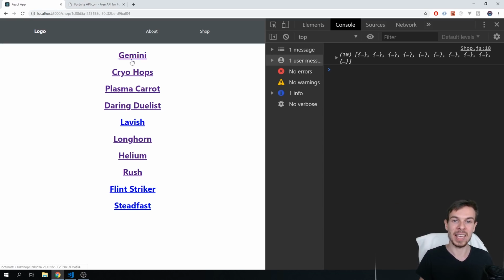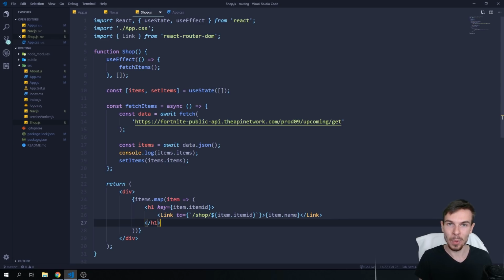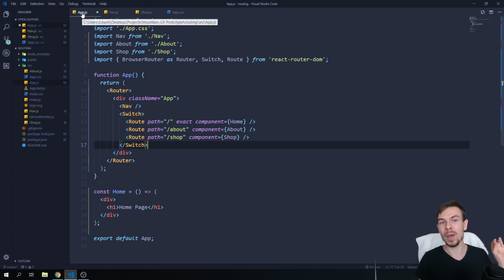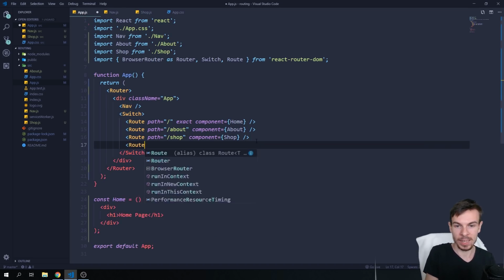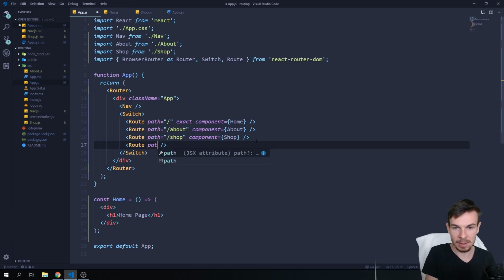So how can we do that? It takes us to a different page or component when we click on this. Now this works here in the URL, but nothing else. So the way we can do that, if we don't know the specific data that we're going to get, is we can go to Route, create another route, and take it to the path slash shop slash